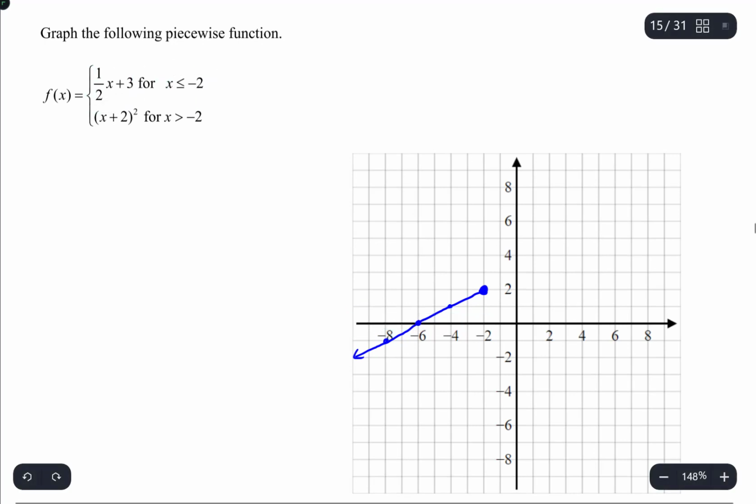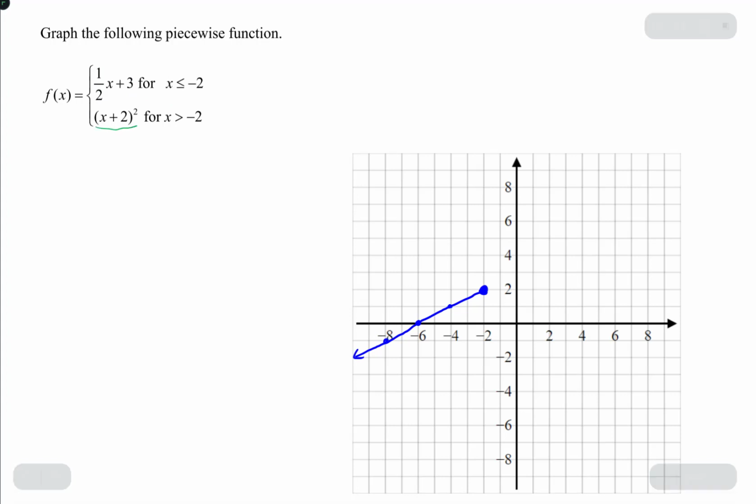The other half is determining what this function here, (x plus 2) quantity squared, looks like on this domain. So that domain is starting at -2 but not including, and then all the values that are greater than that. Okay, so (x plus 2) quantity squared, you should know how to graph that. So this is a parabola that will be opening upward, and it's shifted to the right 2 units. So its vertex would just be sitting at the